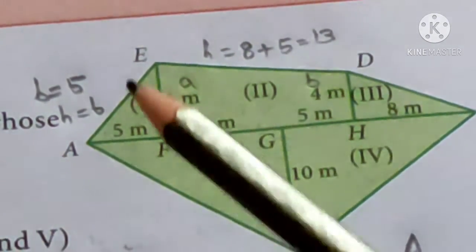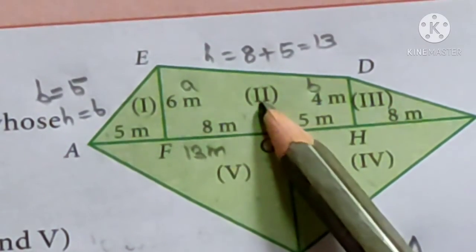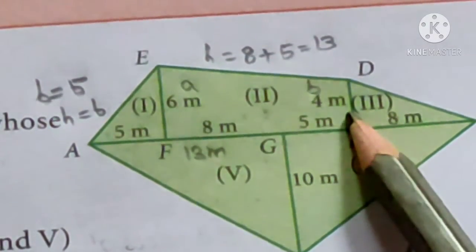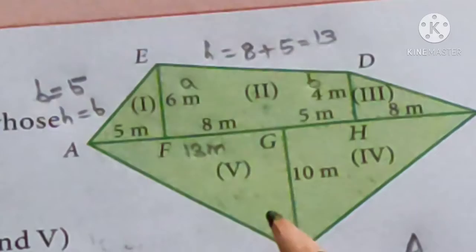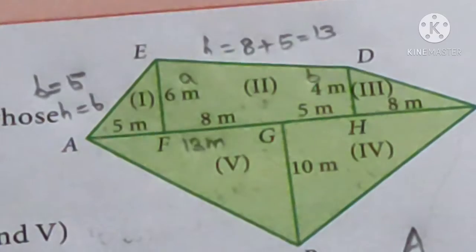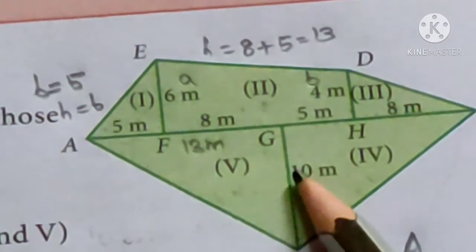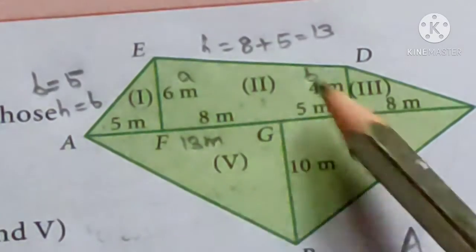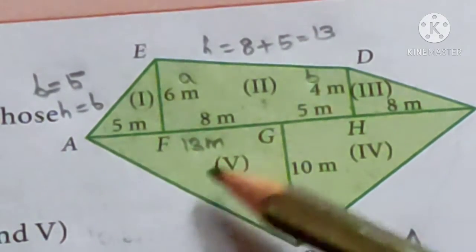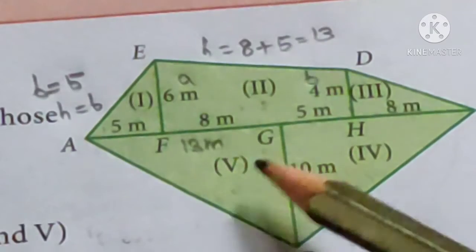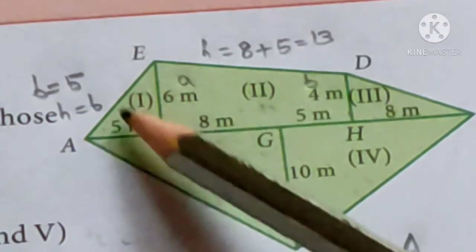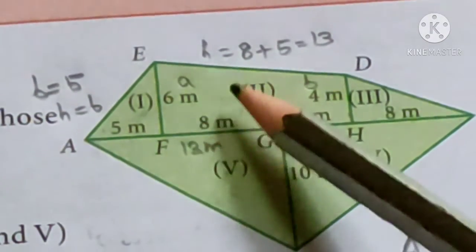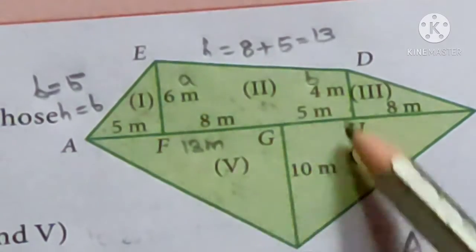So we find the area of the first triangle, the area of the trapezium, the area of the right triangle, the area of this triangle and the area of the 5th triangle. We find all the areas and add them. We get the area of the irregular polygon. This is the polygon shape. So the given field has how many triangles? 4 triangles and only one trapezium. I'll explain the diagram first.